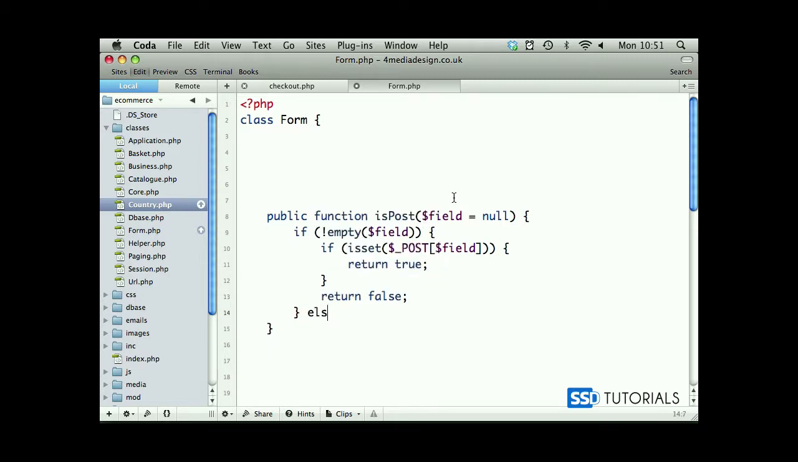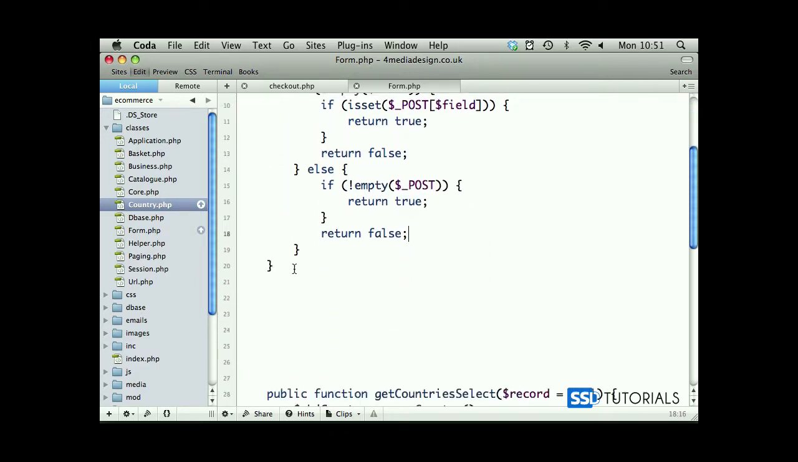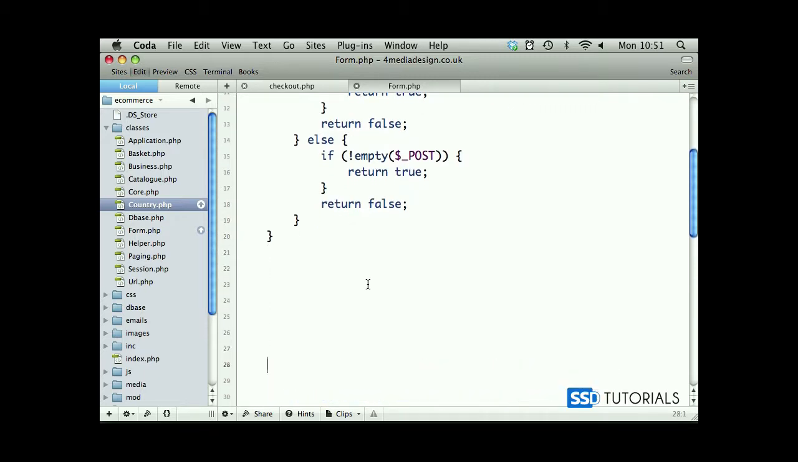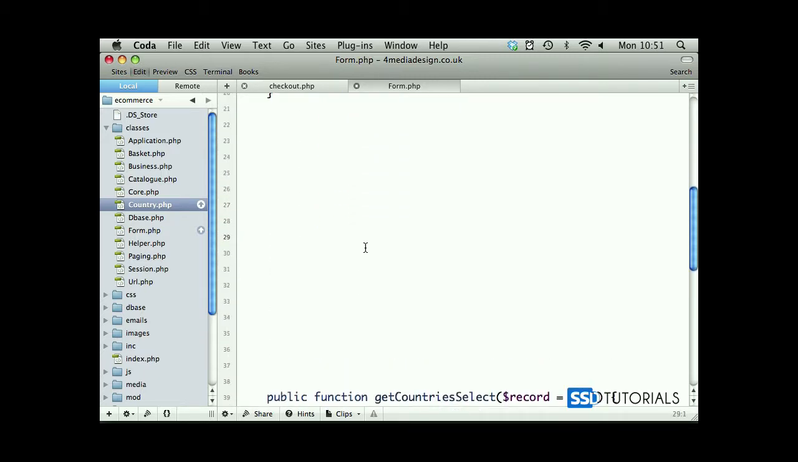Then if is empty, then else. If isn't empty, post. So we check if post has been set in general. Then we return true. Otherwise, we return false. So this is one of the methods we need to create. Next method we'll be creating, so a few new lines to make sure that we can read the file without any problems later on. Next one will be public function get post, and we will pass again the field name